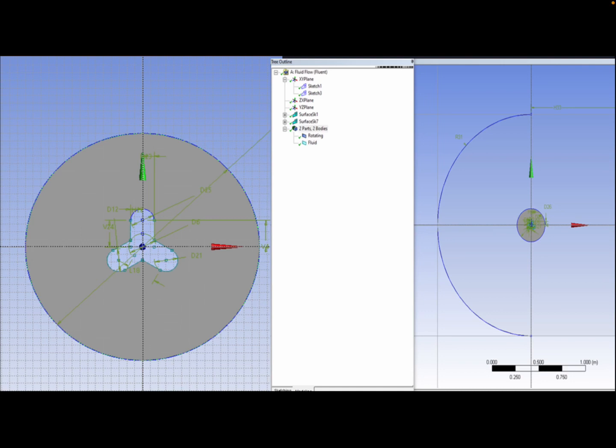Once you draw your fidget spinner, both for 2D and 3D, which you'll see, we'll show you the pictures of the 2-blade and 3-blade fidget spinners. Once you get to your 2-blade fidget spinner, it's the exact same process, which we'll explain in a little bit, and we'll show you the pictures. But once you get this far, you have to draw a circle around your fidget spinner in the same sketch,